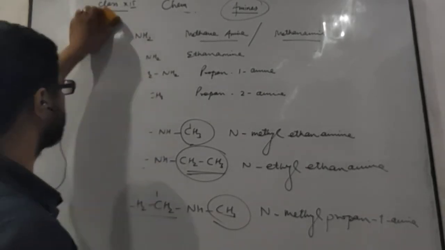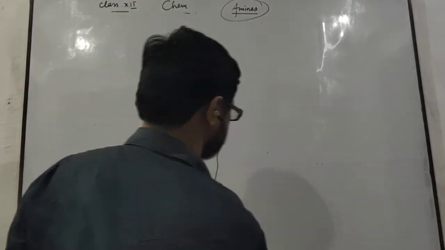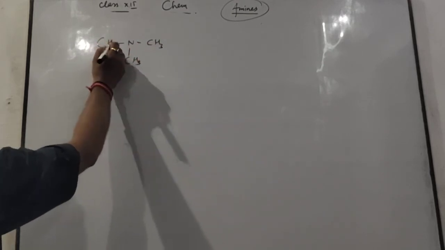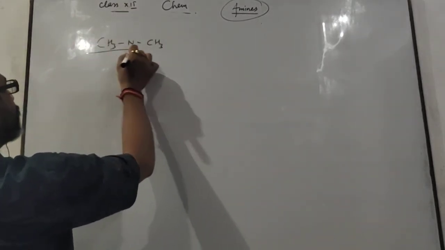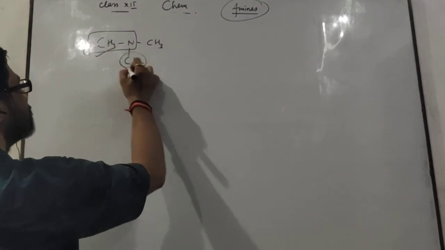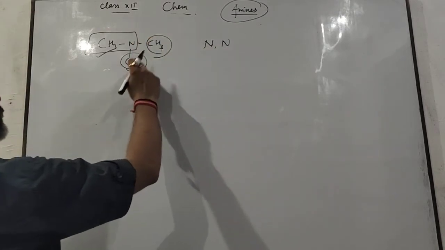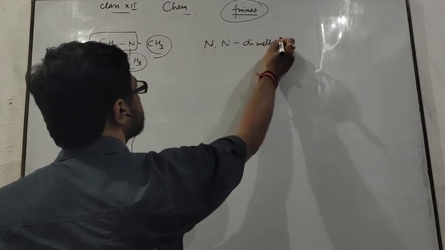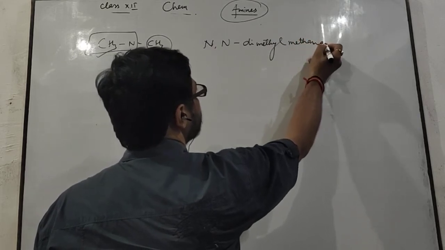Now I am going to teach you about the naming of tertiary amines. How can we write the IUPAC name of tertiary amines? Okay, see here, CH3N, CH3, and this one again CH3. In this case, this one is tertiary amine. In this case, 1 carbon is taken with main chain and these 2 carbons are taken as side chain. Means N, N. These both methyl groups are attached with this nitrogen atom. N, N, dimethyl, and for this methane you write methane amine.